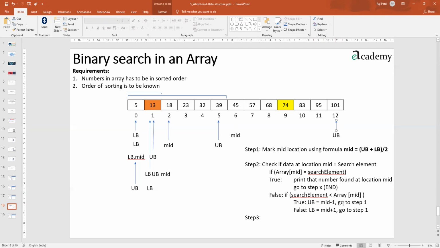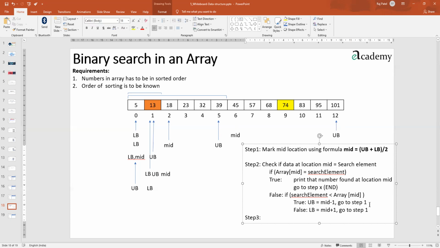See here, we have written, go to step 1. So here we'll have to write, in case of true, we'll have to write down here... Okay, not here. I'll say this go to step number 1. I'll remove it from there as a common part, and I'll keep it below here.